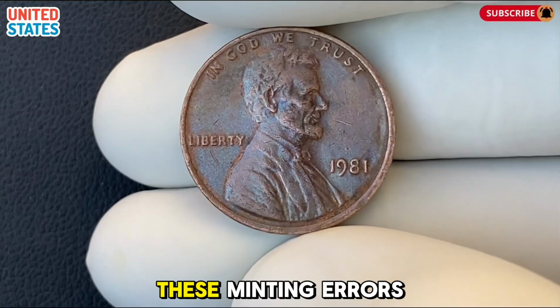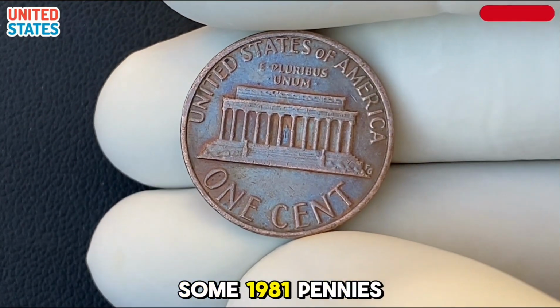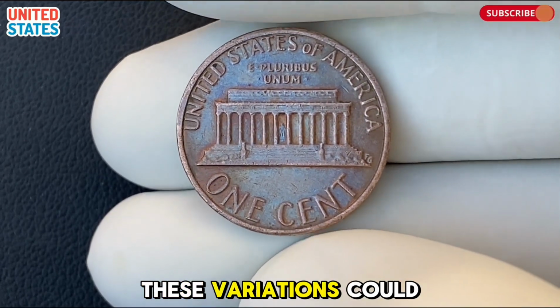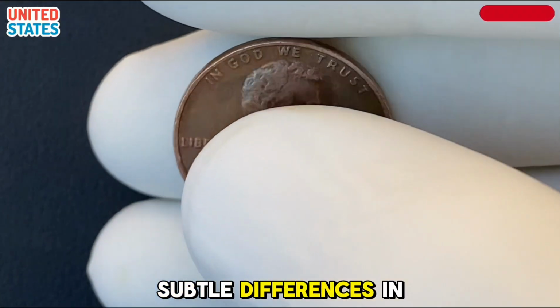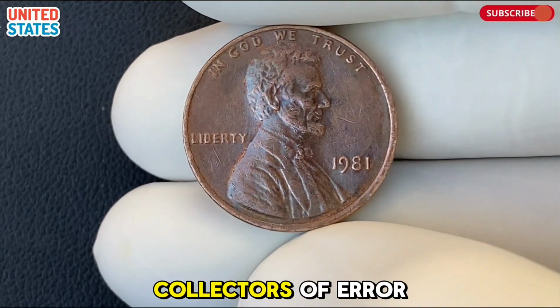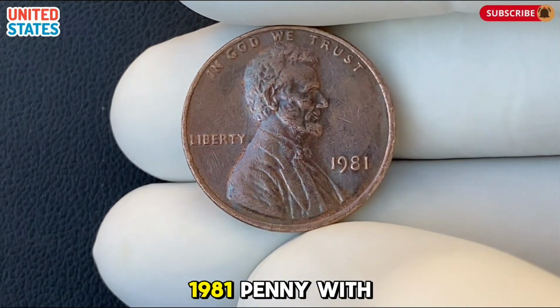In addition to these minting errors, there are also minor variations in the design of some 1981 pennies that could make them more valuable to collectors. These variations could include subtle differences in the thickness of the lettering or the size of certain elements in the design. Collectors of error coins are always on the lookout for these anomalies, and when a 1981 penny with a